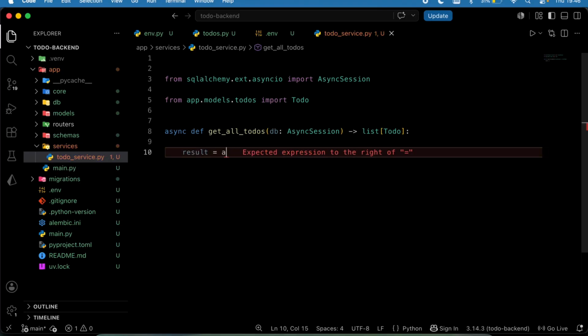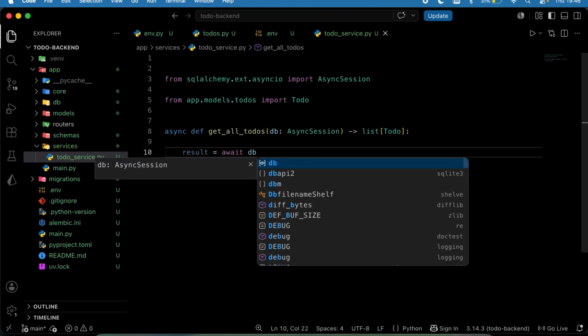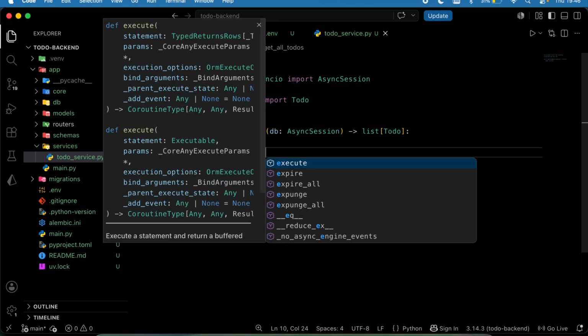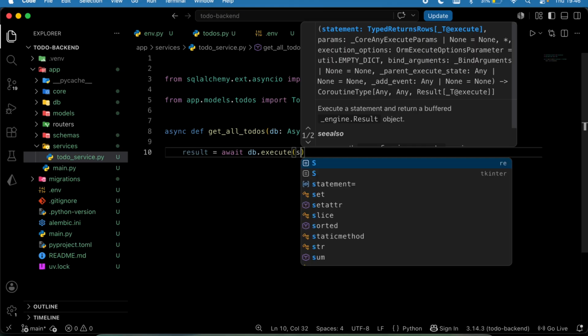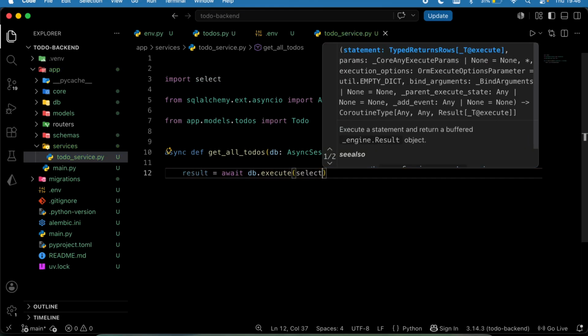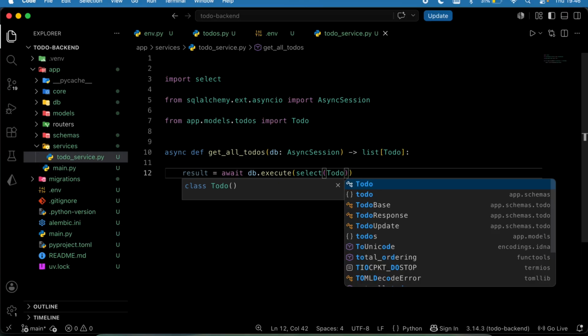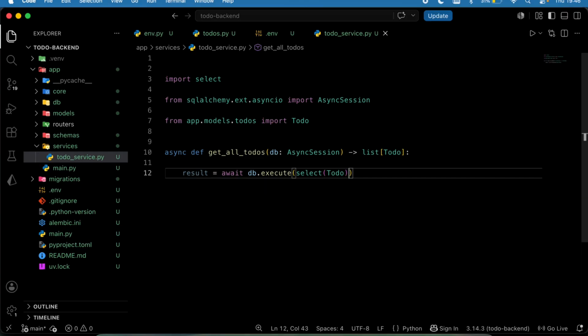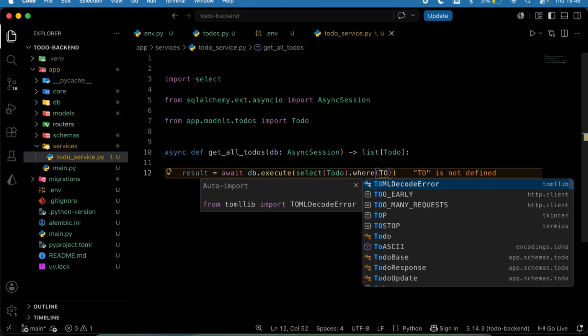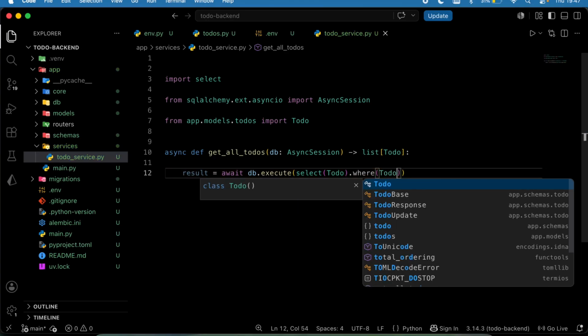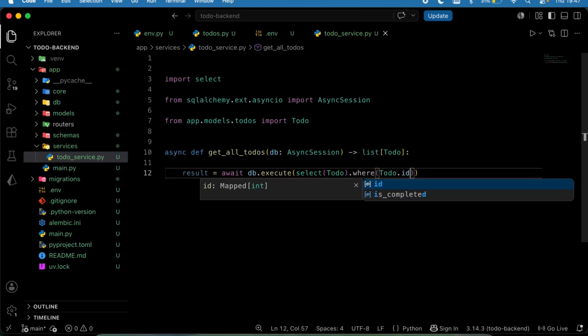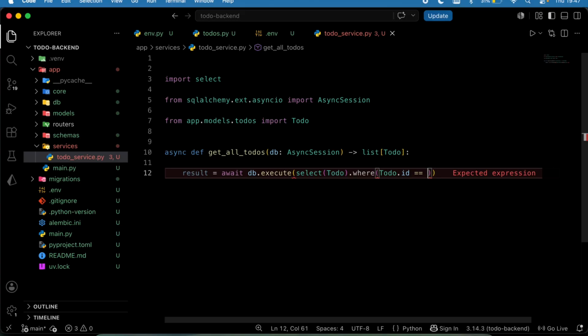That's going to be we are awaiting our db.execute, and I'm going to have my select, then I want to select Todo, which is our model, dot where, where Todo.id is equal to,